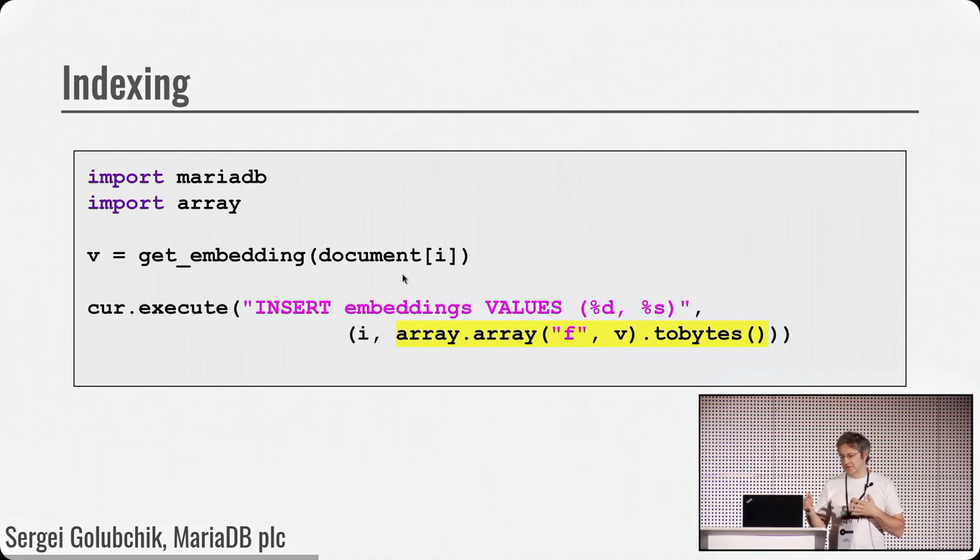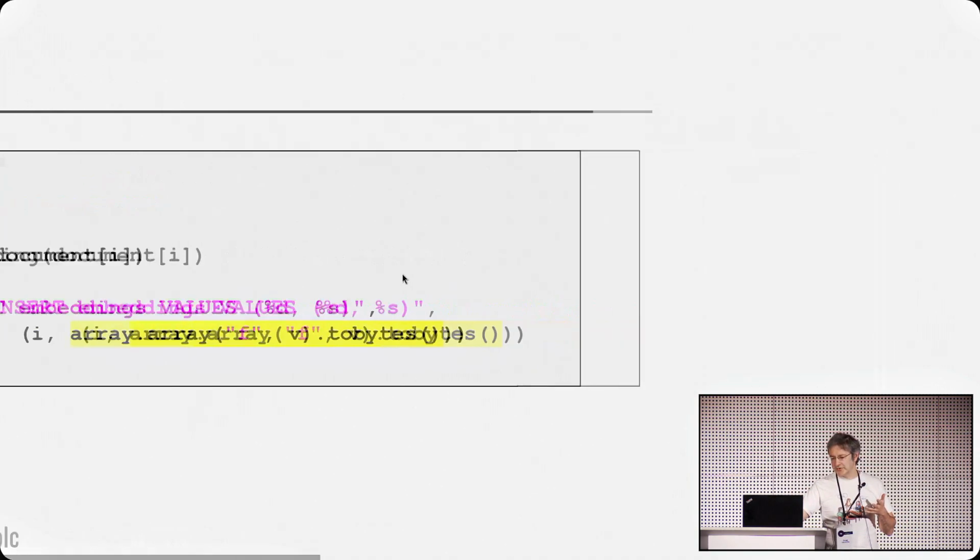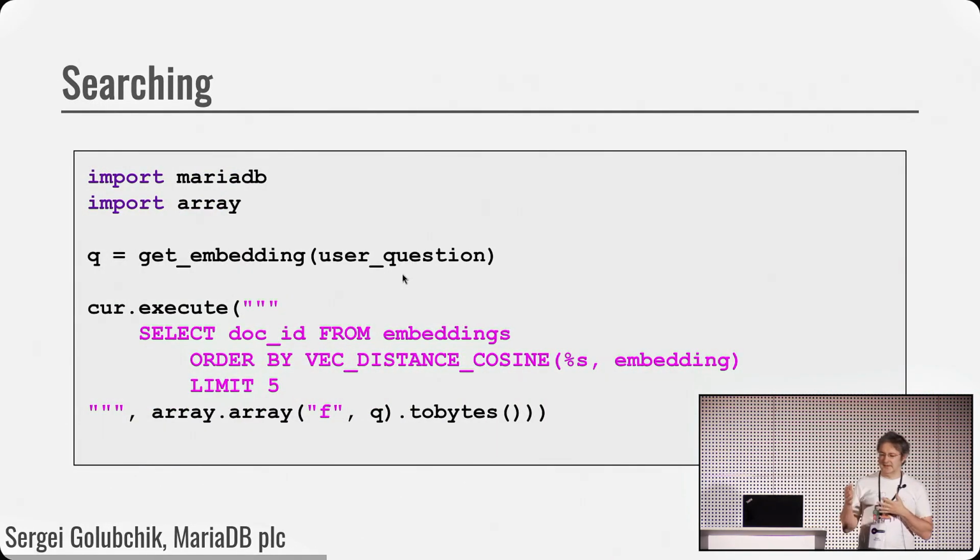Then we do this many times for different documents. And when done, we want to search. Search is done, again, with the MariaDB connector for Python. To search for the nearest vectors, say the 5 nearest vectors, in SQL you just do ORDER BY distance and LIMIT 5. This is the normal SQL way of returning the 5 nearest anything, and this works exactly the same with vectors. They are not different from anything else in SQL, at least in MariaDB in this regard. So you just ORDER BY VEC_DISTANCE_COSINE in this case, and then LIMIT 5, and you get the 5 closest